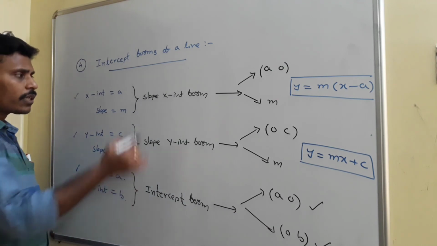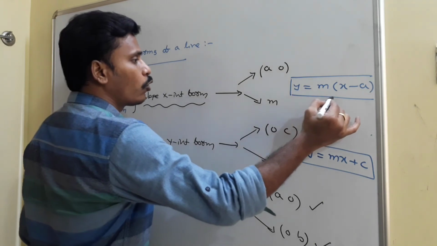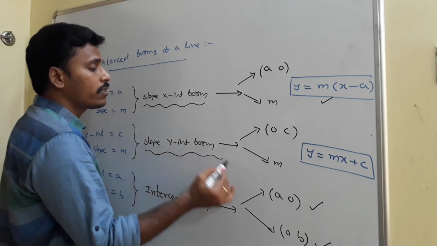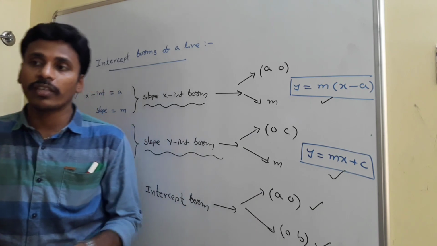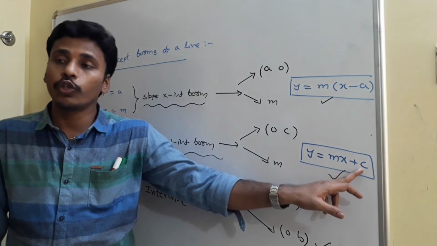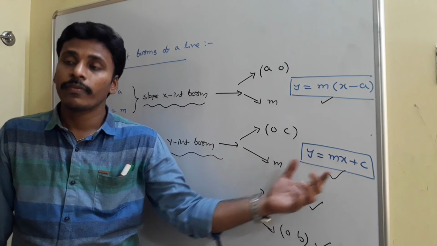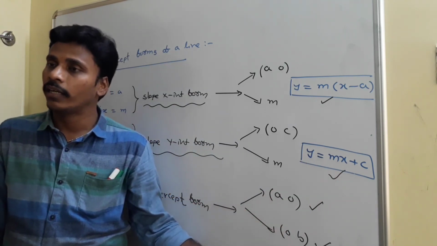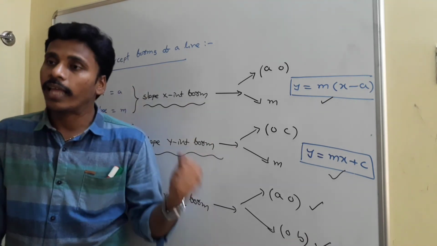First of all, note that the slope x-intercept form of a line is y = m(x - a), whereas the slope y-intercept form is y = mx + c. If anybody asks you about a, you have to say that a is the x-intercept of that line, and c is the y-intercept of the line, if it is of this format. And if you have the intercept form, (a, 0) and (0, b) as two points on the line, try to find the equation. For the space concern, I will erase these two and find the intercept form.